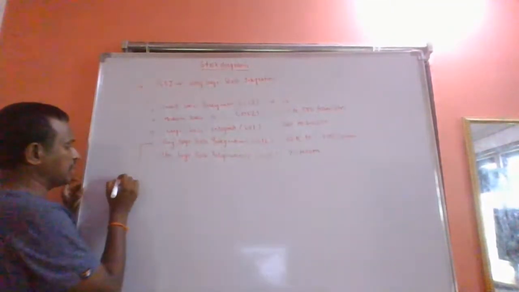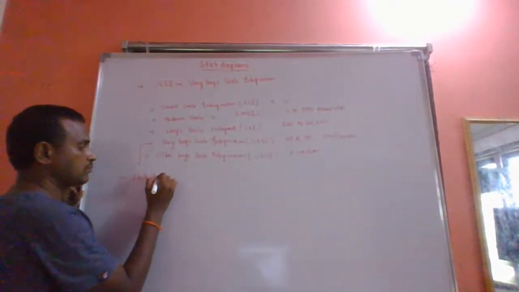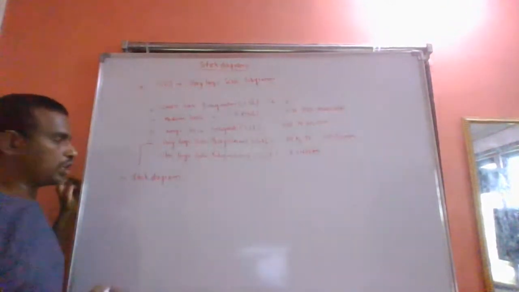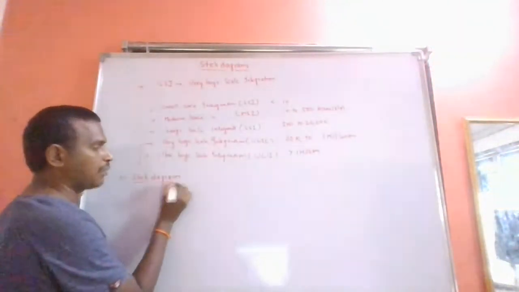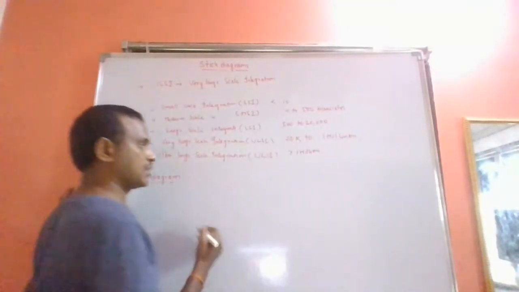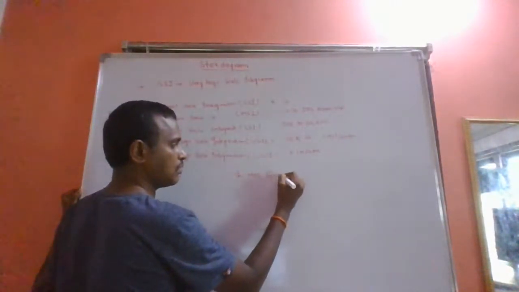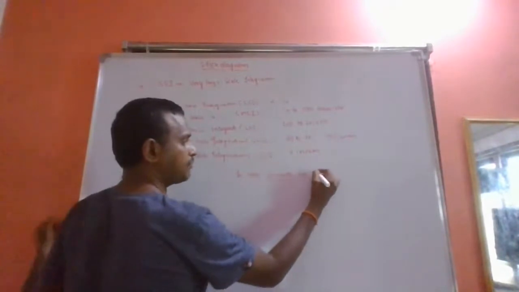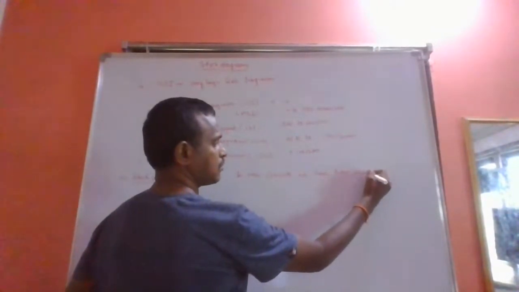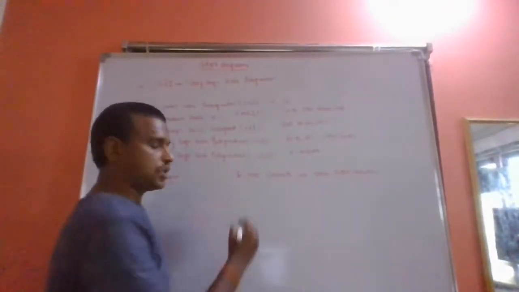So the first one is, what is a stick diagram? Before going into the stick diagram definition, we have to know what the different layers present in VLSI MOS circuits are. In MOS circuits we have 4 layers. The first one is N diffusion,